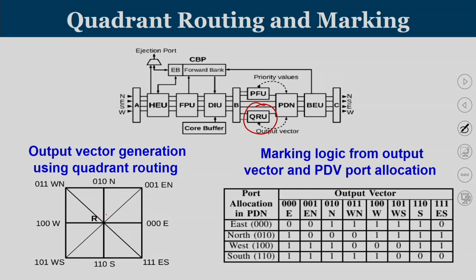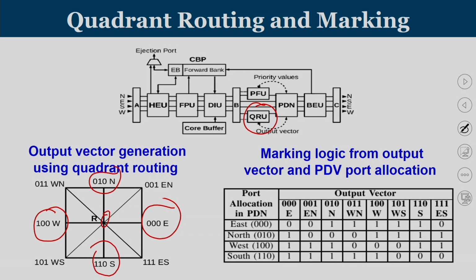Let us say this is the current router, that is the center of the diagram. Let us say the packet is here. The destination can be in any of these 8 possible cases. It can be in the east north side of the current router. It can be strictly on the north side of the current router. So strictly on the north side means the destination is exactly on the same column as that of the current router. It can be strictly on the south side, that also destination is exactly on the same column but it is towards the south direction. Destination can be strictly on the east or west side, in that case they are in the same row. So we have 8 different possibilities for an incoming packet.